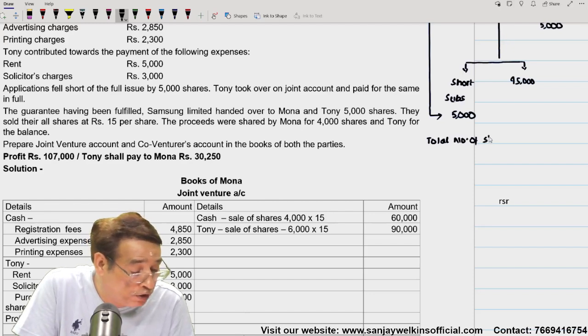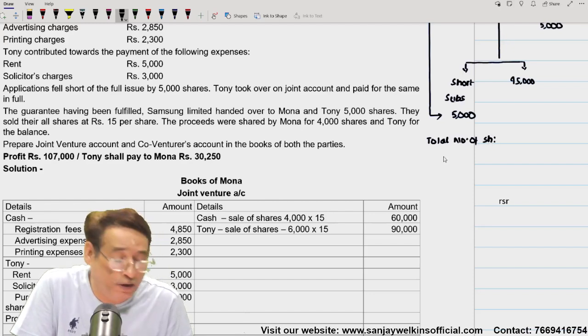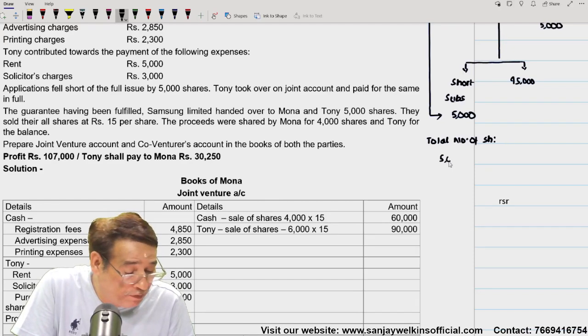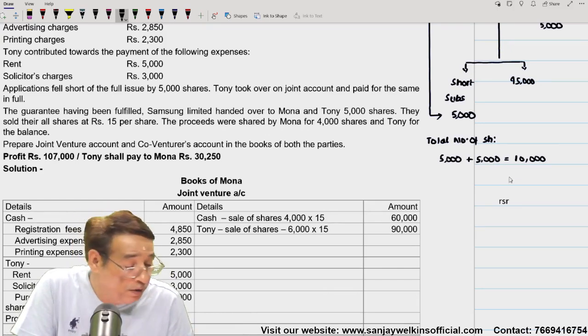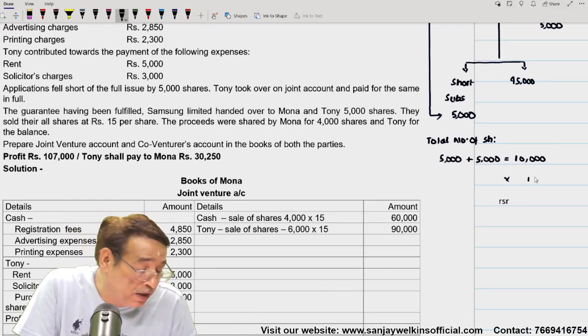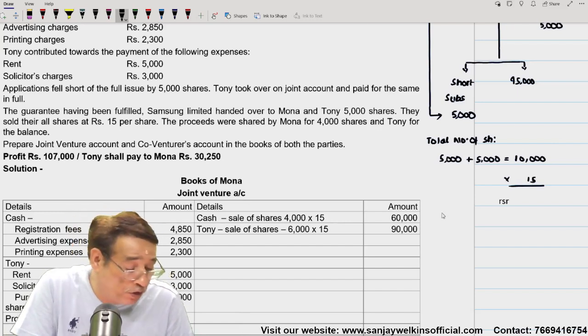Total number of shares with Mona and Tony, 5,000 shares which they subscribed and 5,000 which they are going to receive as consideration. So total number of shares with Mona and Tony now is equal to 10,000 shares. Now these 10,000 shares, the question states, have been sold at the rate of 15. And the question further says that